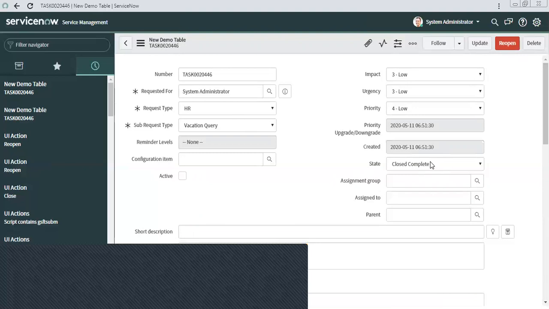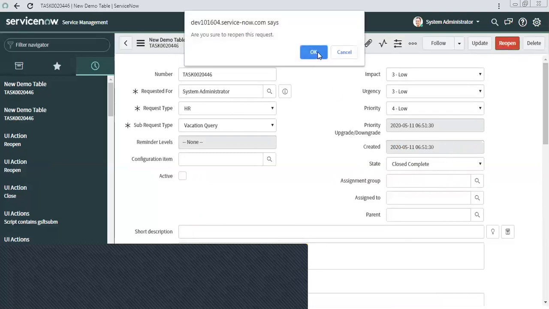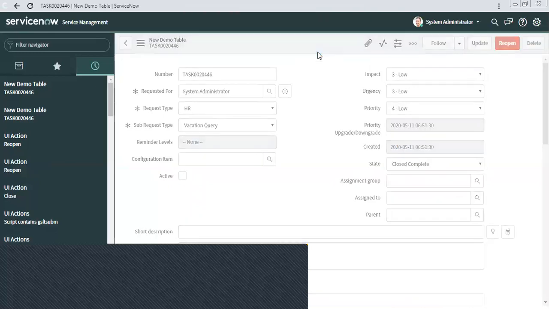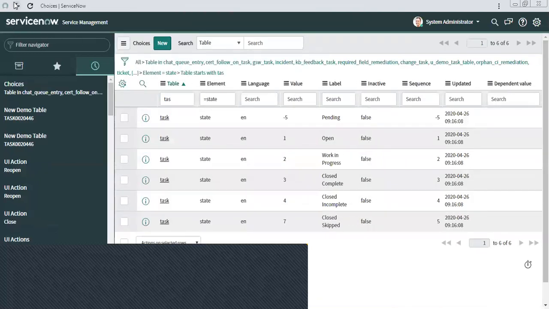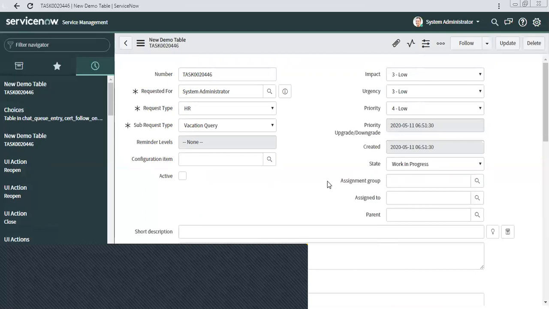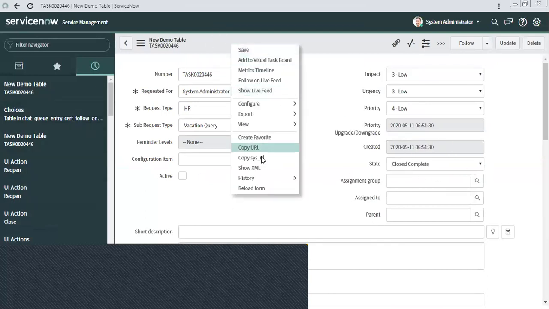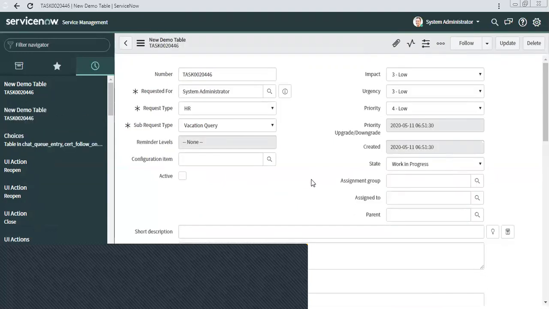And until the GSFT submit runs, the server side is not going to run. And if the server side code is not going to run, that means it is not going back to work in progress. If a user clicks OK, then only GSFT submit is going to switch the code from client to server. And inside the server side code, we are writing to move the ticket to work in progress.